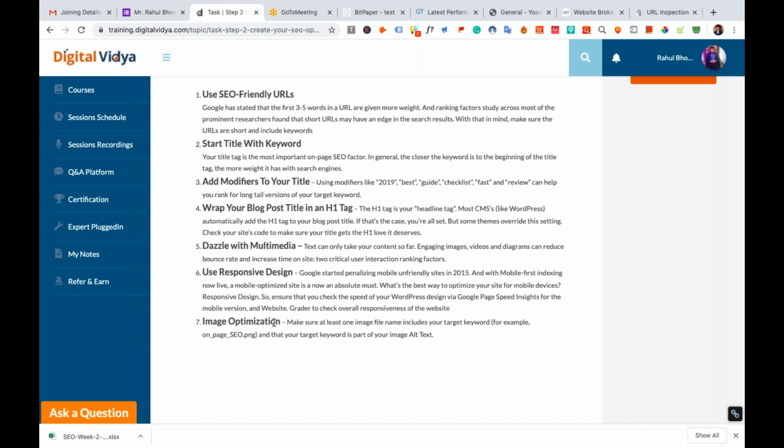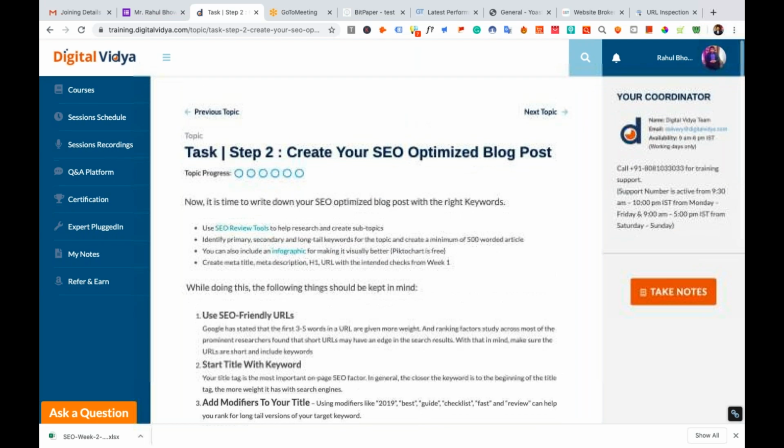Image optimization, I have told you a couple of plugins to do that. Responsive, we already have a WordPress responsive design. The images which you use should be engaging images, videos, and make sure that they don't hurt the page speed, the page size. Make sure the size is not more. If that is more, then use some plugins to reduce the size, right? So this is your week 2 assignment. And next topic,